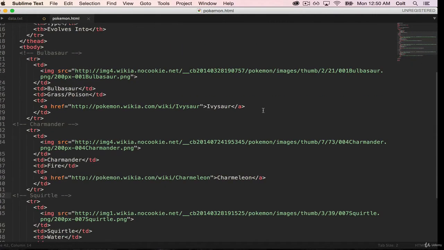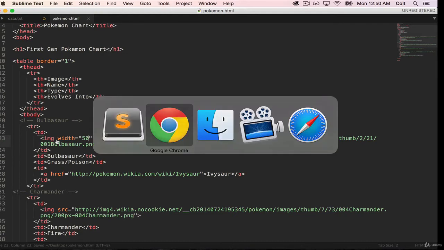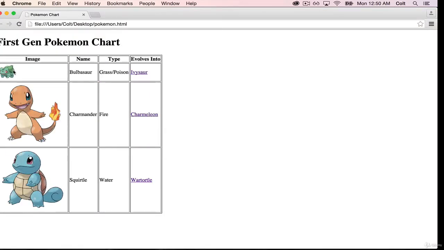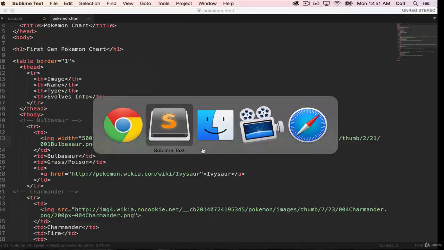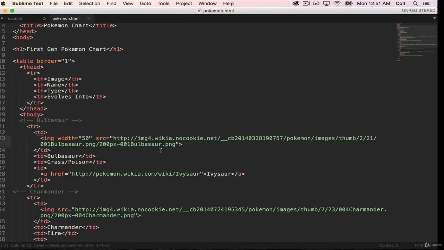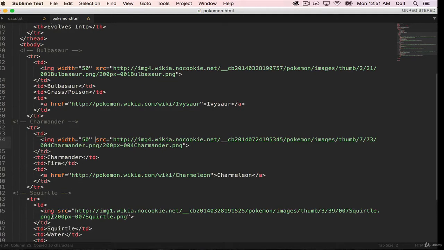But for this exercise, what we can do is add a width attribute to an image, give it a number like 50, and you'll see that as I refresh, this changes to 50 pixels, much smaller. We could change it to 500 and get a gigantic image. We'll keep it at 50. And another reason I want to show you this is rather than copying and pasting this 3 times, which works just fine,